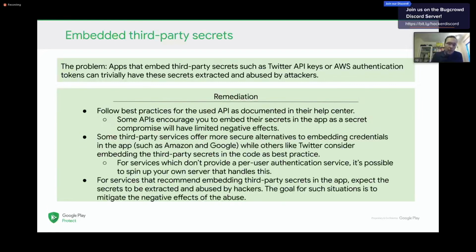Remediation is interesting because it's difficult. There's a lot of developers out there that ask on Stack Overflow or other sources: I got these Twitter API credentials, but I know that everybody can just easily extract them from my application. How do I protect that? The quick answer is you can't really, unless you spin up a server and use your own server to proxy these